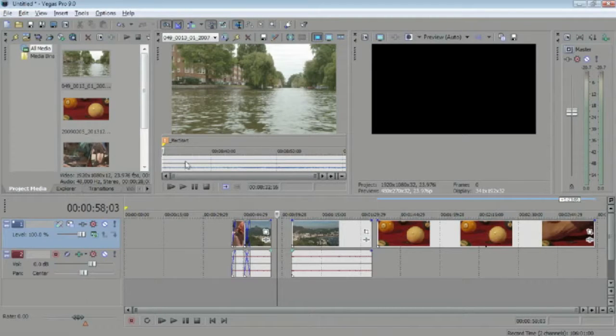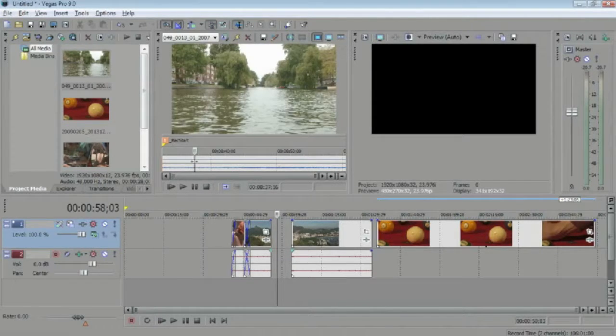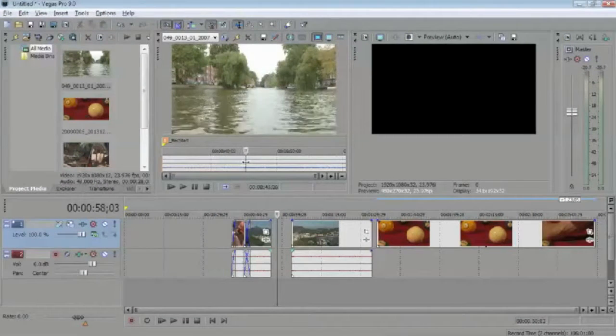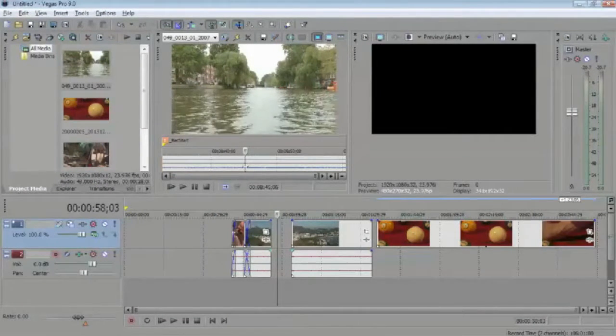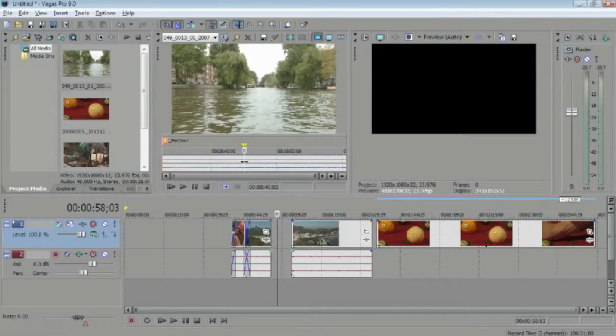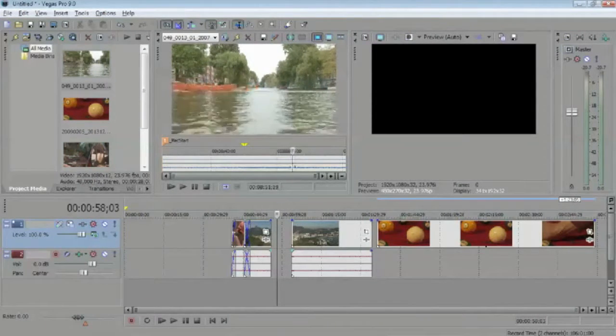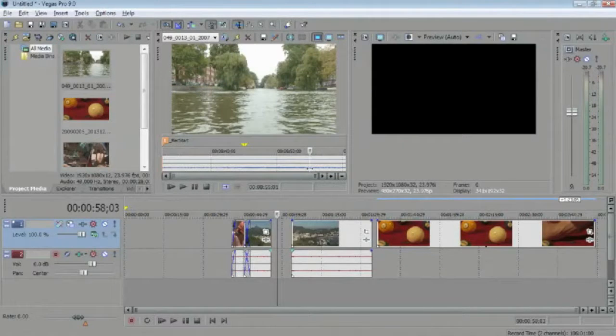Now I can set my in and my out points. I can click in here just to find it, or I can drag the cursor and scrub through it. Here comes the guy in the boat, so I'm just going to put my in point right there. I press I on my keyboard for in, just like you would expect, and scrub over to my out point and press O for out. And so now I've defined the in and the out points of that media, and I can add it easily